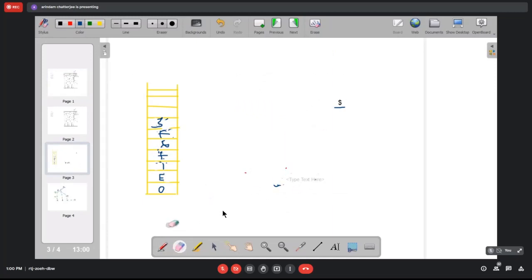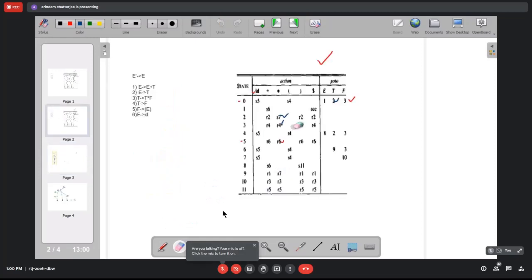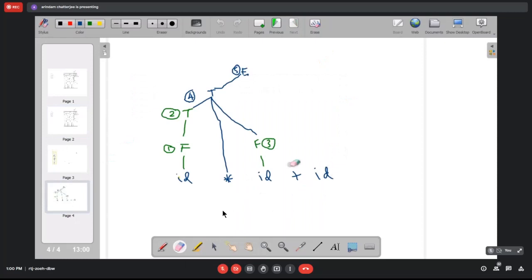So we have state 3 on the stack top, and we have dollar. So 3 and dollar is R4, reduced by rule 4. What is rule 4? T producing F. I forgot one thing here. This is also there. So this is already done at step 6. Okay.